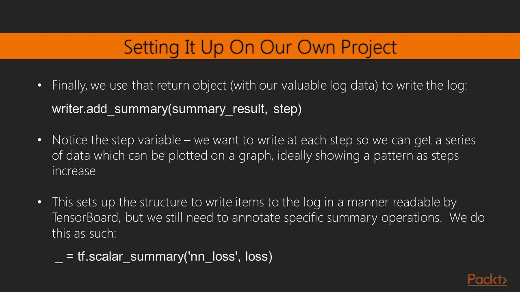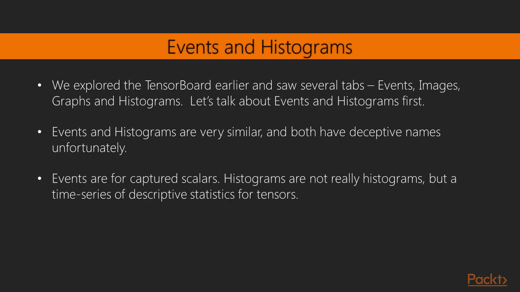We could do all sorts of stuff here to record accuracy and learning rates, if our learning rate is accompanied by learning rate decay. Then we would be able to look at different details and the state of our classifier at each step. Let's talk about how to work with histograms and events. Events are scalar graphs of variables, and histograms store the distribution of matrix variables, tensors, for each time step, with the more frequently occurring variables represented in a darker color